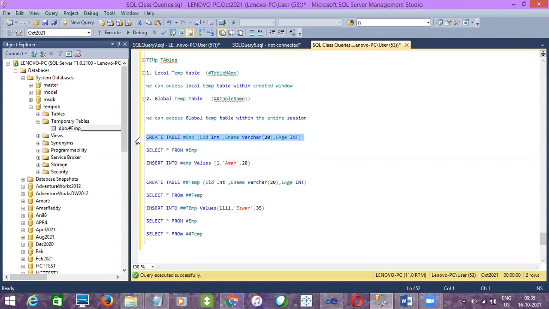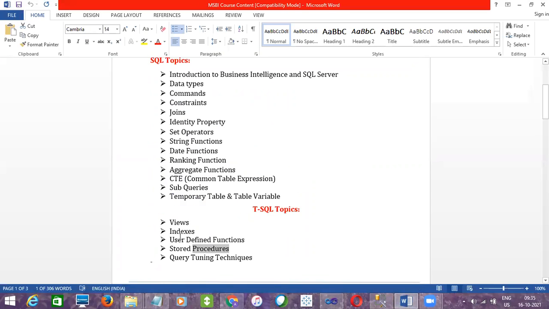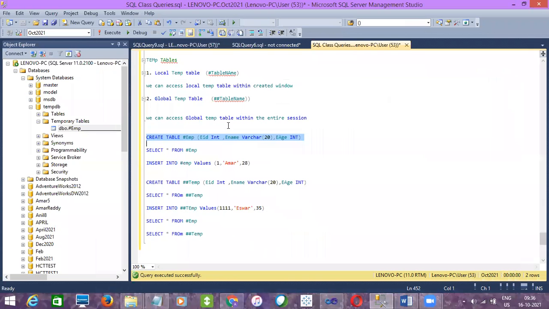And since temp tables will operate from the temporary database, they are designed to use a large volume of data, whereas a CTE we can use when the data is less. The reason is on temp tables we can create indexes. I'll cover this point again in the indexes concepts. So we can create indexes onto your temp tables, whereas we cannot create indexes onto a CTE. That is also one more reason.